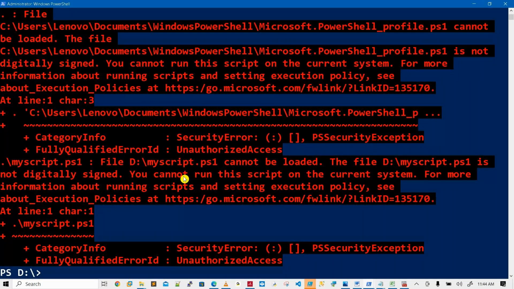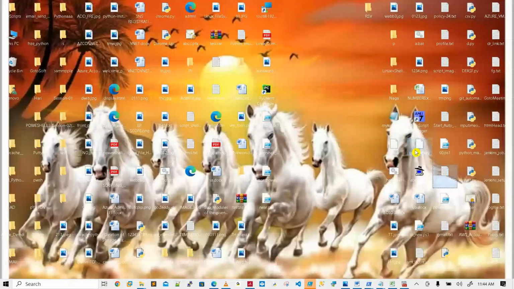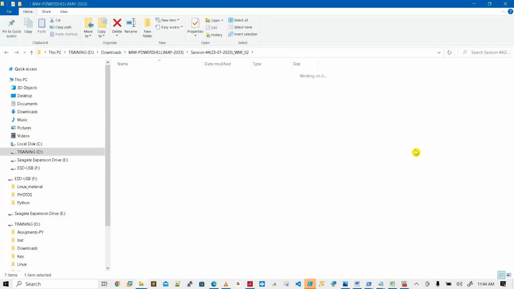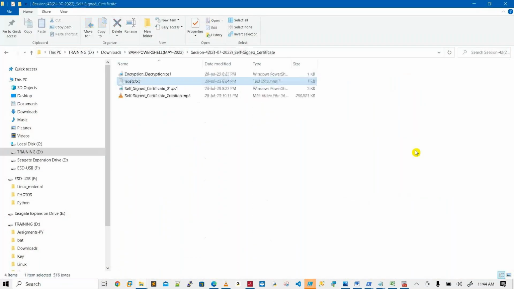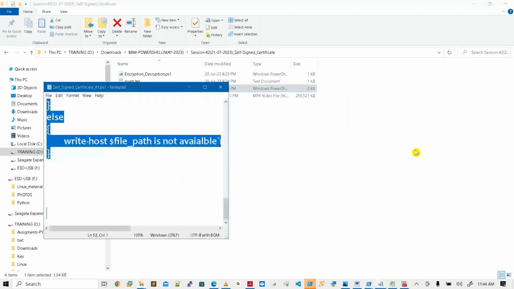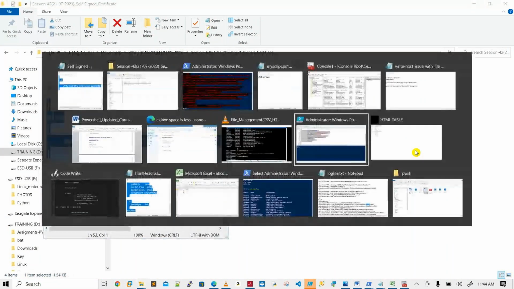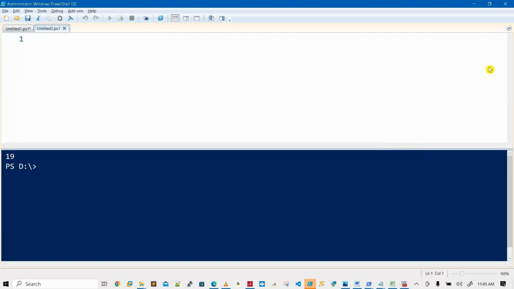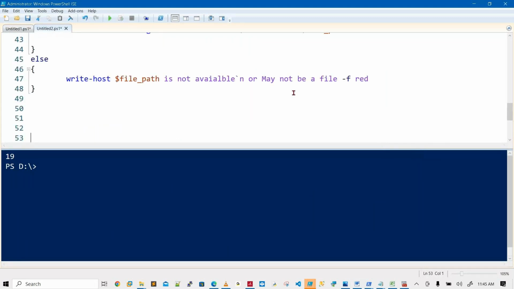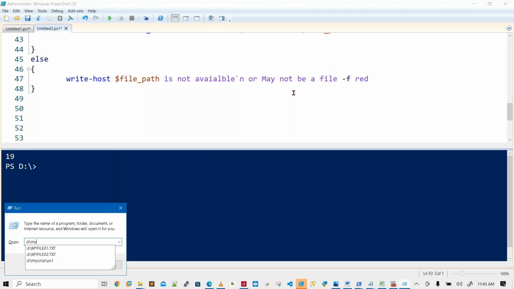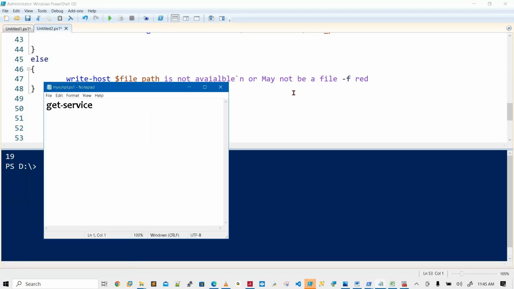Absolutely. But if you want to run that script, we have to learn a concept, the self-signed certificate concept, sir. This is not this one, self-signed certificate. There is one concept. Here is where we will find how to write the self-certificate creation area. See, as of now, one more time I am going to show you my script.ps1. One line is there, right?